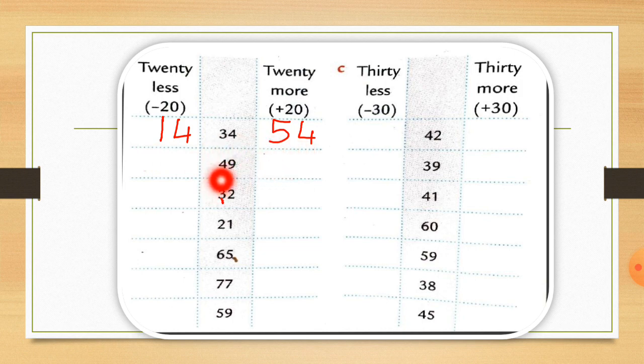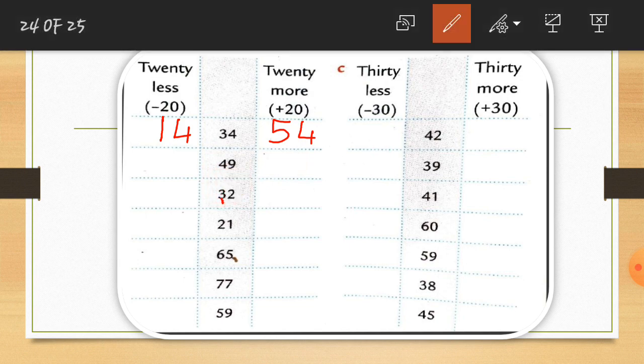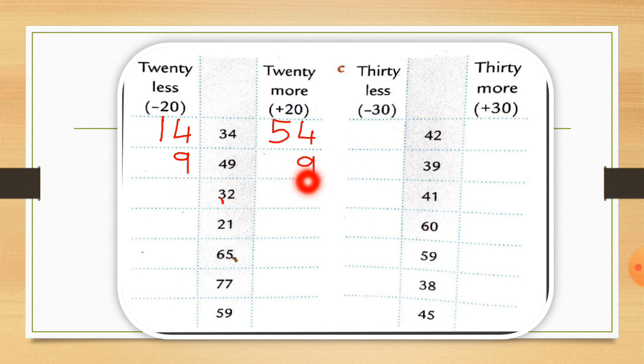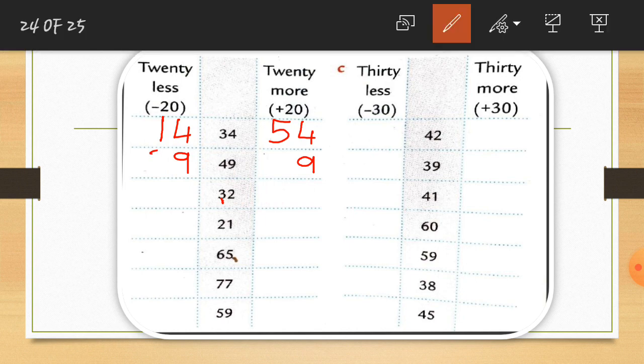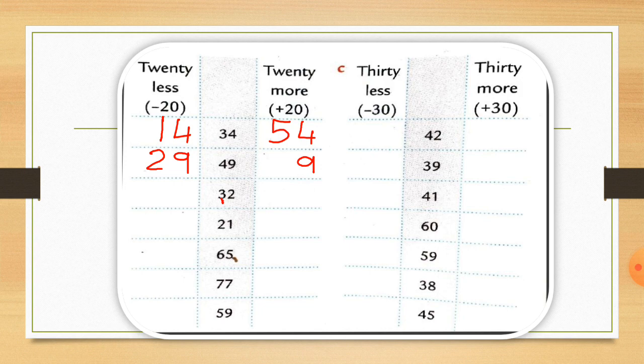Let's see one more example of this. So here is the 49 number. So let's write the ones value as it is first. So I write the 9 number as it is here in the both side. You can see I write the 9 number as it is both the side as the ones value. Now let's see this. Here is the 4 number at the tens place. So we will cut a 2 number from this 4. So 4 minus 2 is equal to 2. So I write 2 number here. You can see this. So we will get the number which is 29.